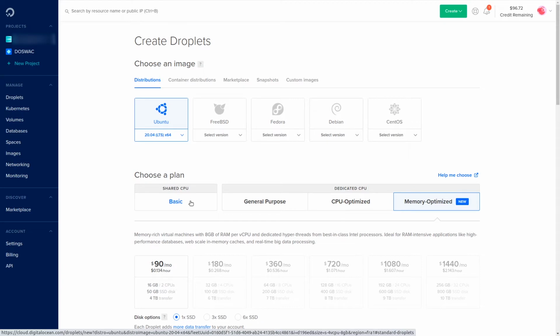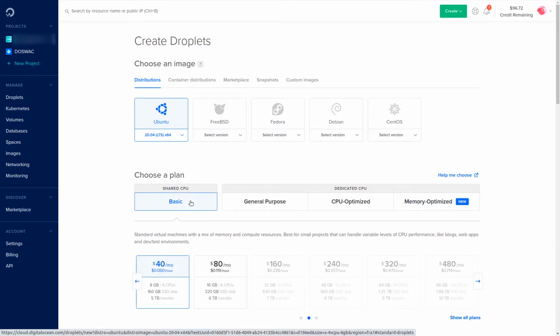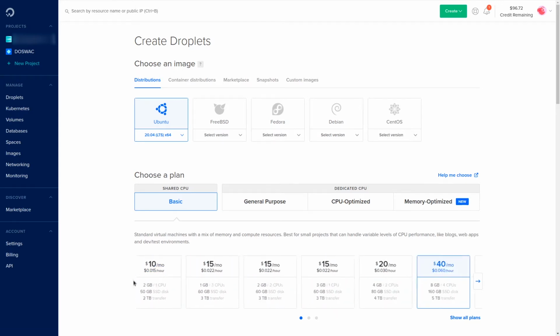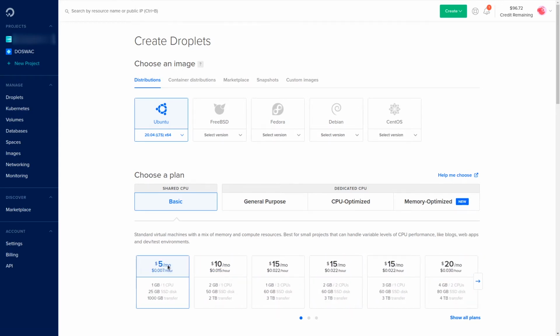For the purpose of this tutorial, I am going to choose the basic plan option with $5 per month, which has 1 GB of RAM, 1 CPU, 25 GB SSD disk, and 1000 GB of transfer.